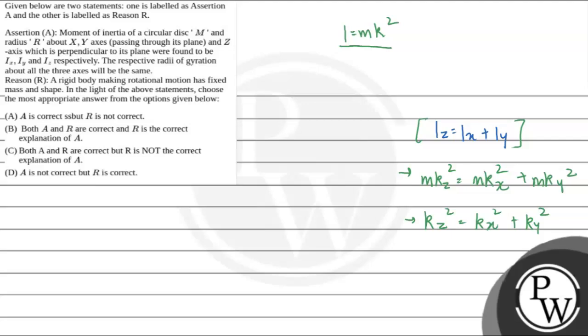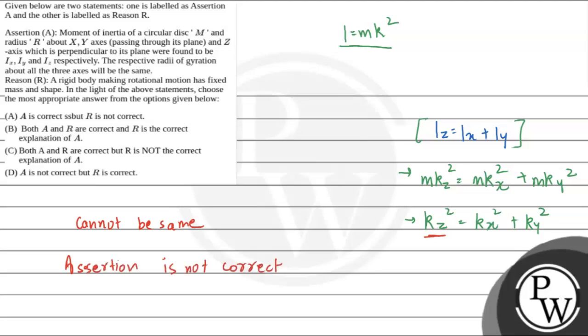So यहाँ पे ये इन्फरेंस निकलता है कि रेडियस ऑफ गायरेशन अबाउट x, y and z axis कैन नॉट बी सेम बिकॉज उनके बीच में रिलेशन इज दिस. दैट मीन्स असर्शन इज